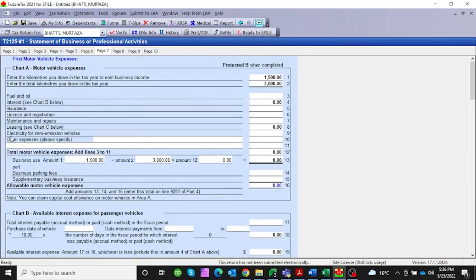And then, electricity for zero emission. This is like the fuel over here. This is for the electricity. Other expenses, let's say car wash and this and that, all those expenses related to the motor vehicle will be put over here,